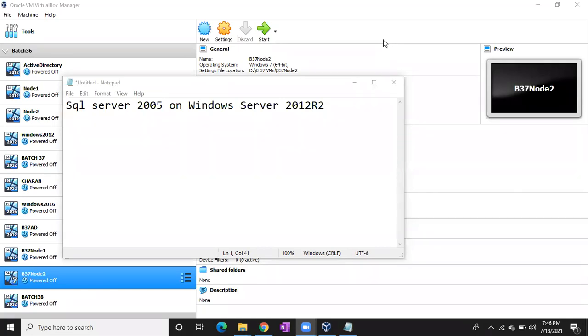We have a separate class on patching: how we regularly do the patchings in the organization. It's very important to learn patching and have hands-on experience. I'll tell you how to patch the SQL servers, what the precautions, use cases and challenges are, and what errors you will face while patching the SQL server. Everything we'll discuss in the patching class.